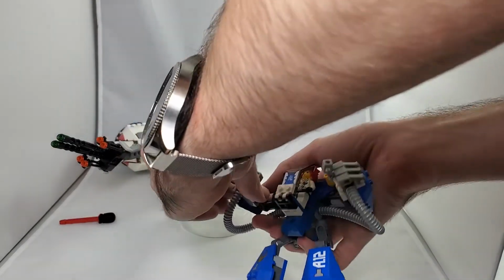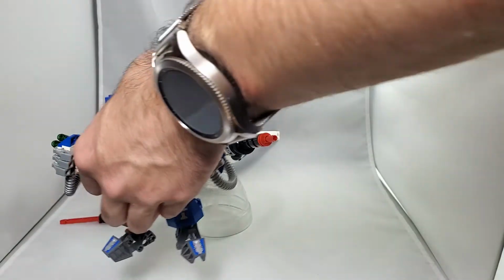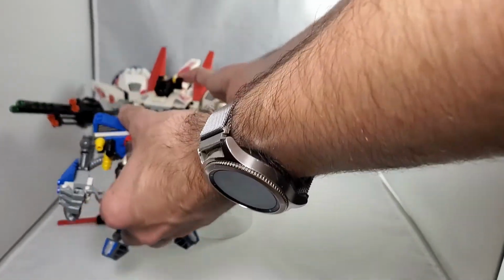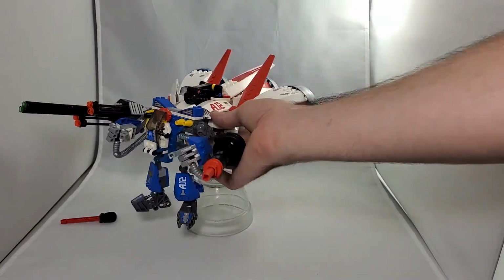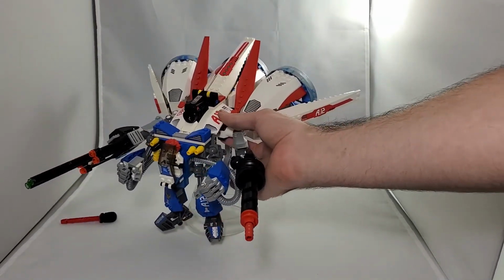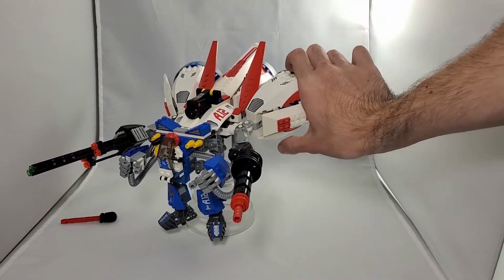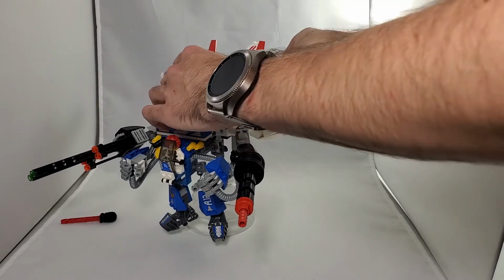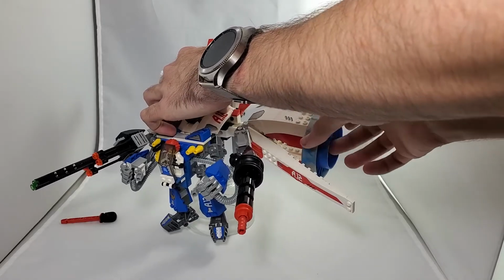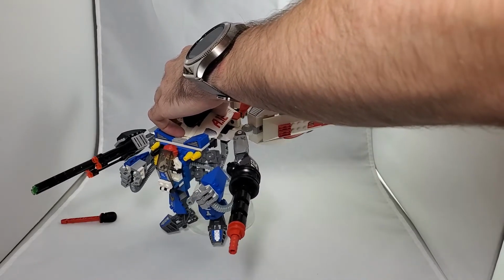I'm going to reattach that. So of course, I would be remiss to not point out the fact that the booster pack does have some articulation. I personally prefer setting it up in one particular way, with these slightly tilted up and these wings in this position. However, these outside boosters do have the ability to rotate in just about any direction because of the nature